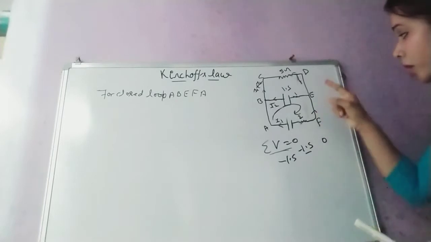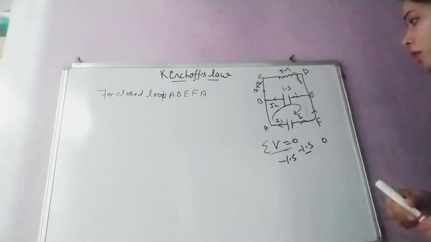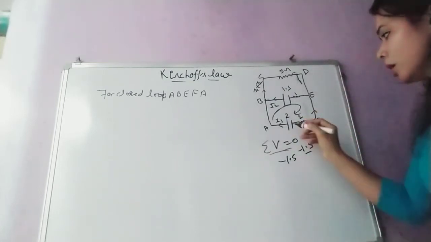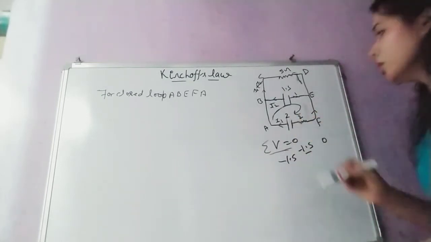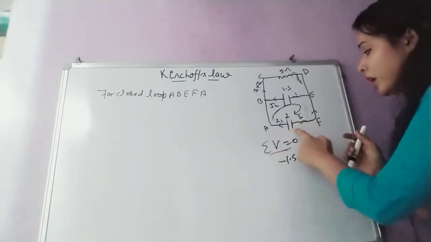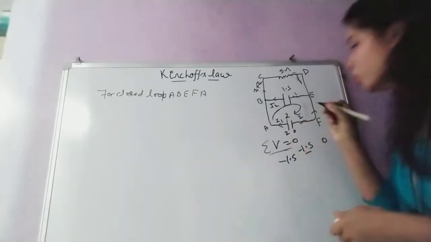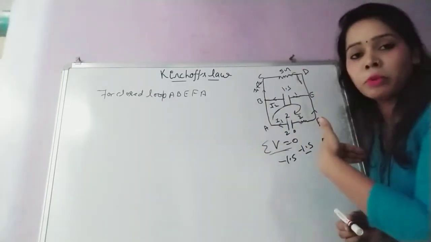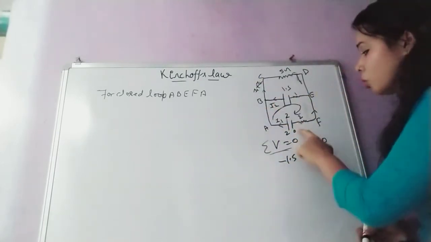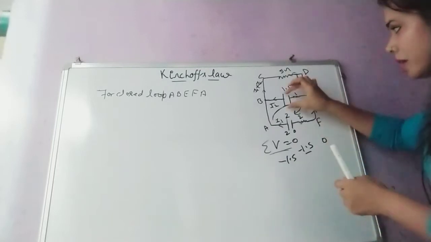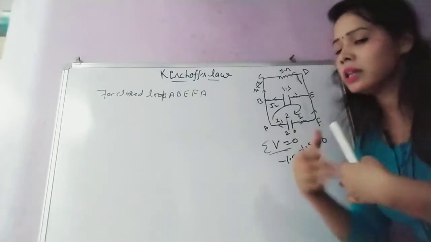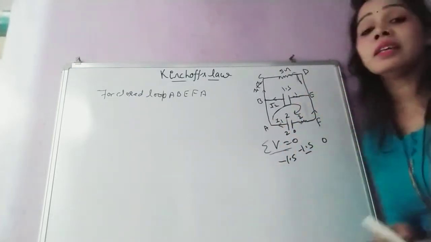Understood? And if you are moving from negative to positive, this one is a 2 volt battery, so from this cell you are gaining potential, because you are moving from negative to positive, meaning from 0 to 2, so you are gaining 2 volt potential. So in the path you have chosen, you will write positive. Where it goes from higher to lower, you are losing. Where it goes from lower to higher, you are gaining, so you will take this one as positive and this one as negative.